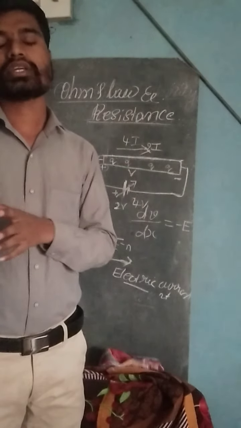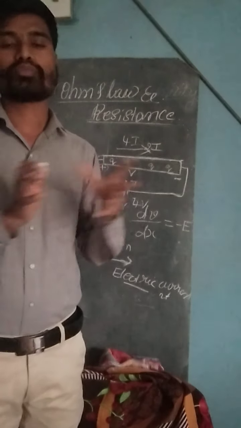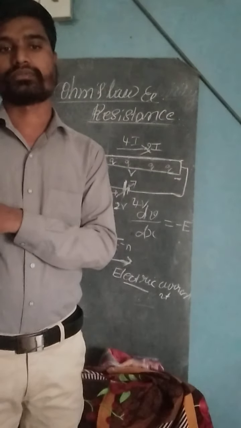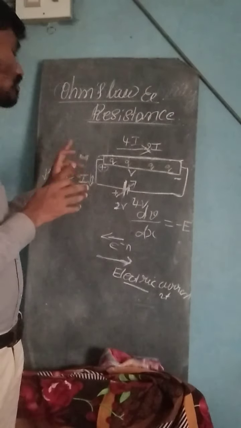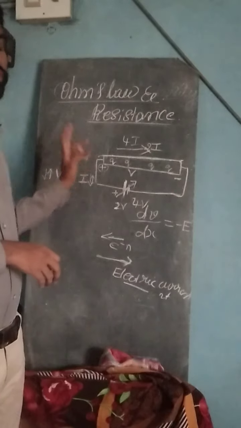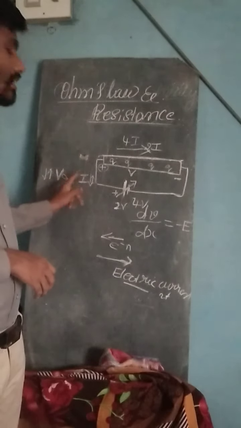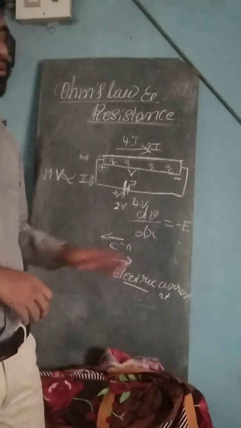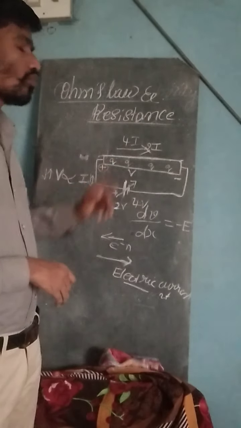Pressure should also be kept constant. If the pressure varies, the electric current also becomes unstable. It is not proportional to the current. The potential difference is not equal to the current. So we conclude that Ohm's law is that the potential difference is directly proportional to the current, while other physical quantities remain constant. This is called Ohm's law.